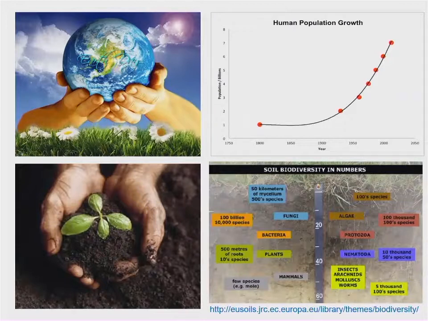Our population now is 7.5 billion. A handful of soil, the organisms in the soil, is just like our population on Earth. So a handful of soil can contain billions of organisms. So it's a huge amount.